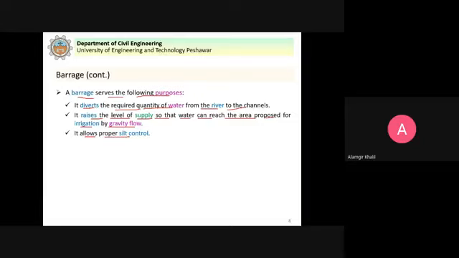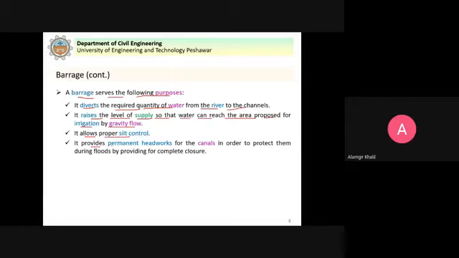As we studied in the previous lecture, in diversion headworks we have silt control measures such as silt excluder and silt ejector. With the help of that, these barrages allow for proper silt control, and relatively silt free water is diverted into the canal.